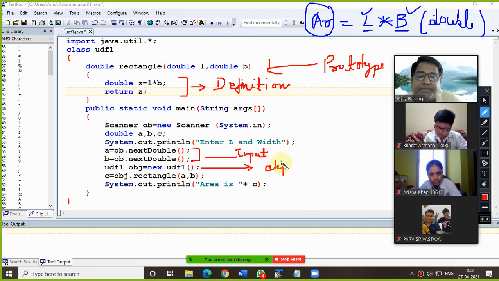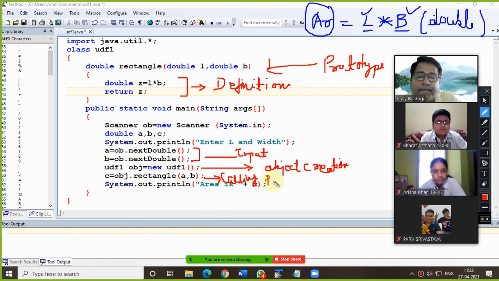Object creation. And now this line is known as the calling part.